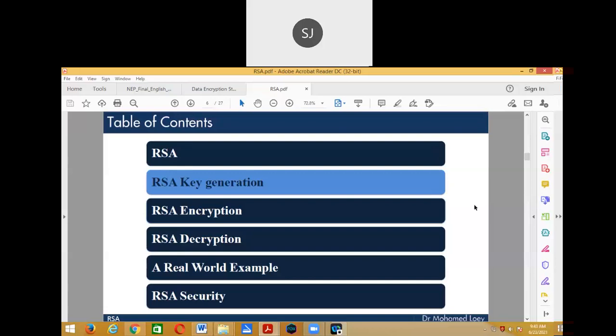So to overcome that, public key encryption is used. I will start this RSA later, because let me just tell you about the importance of public key encryption. What actually public key encryption is: suppose A and B are the communicating parties. Every communicating party will have two keys. One is a public key, another one is a private key. A will have its public key and its private key, and B will have its public key and its private key.